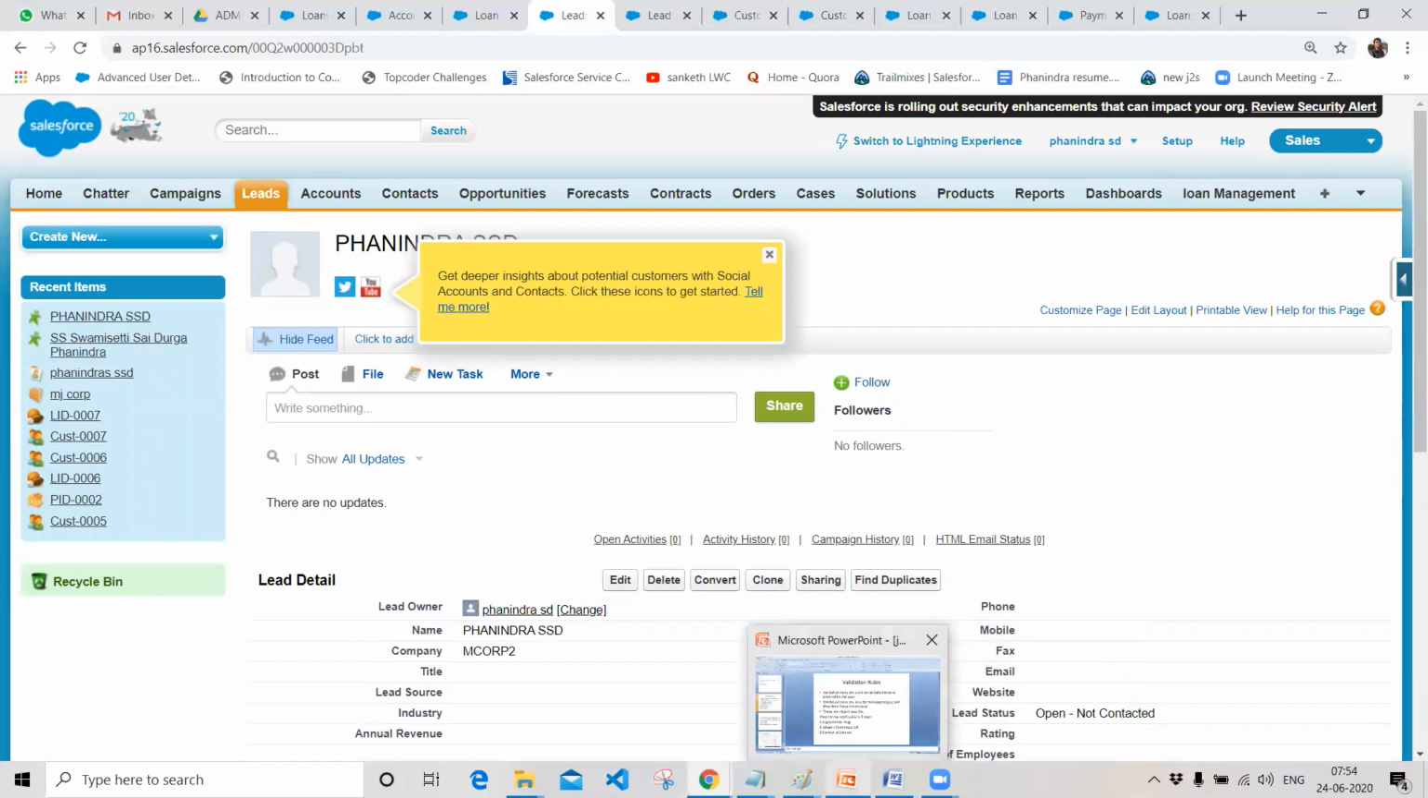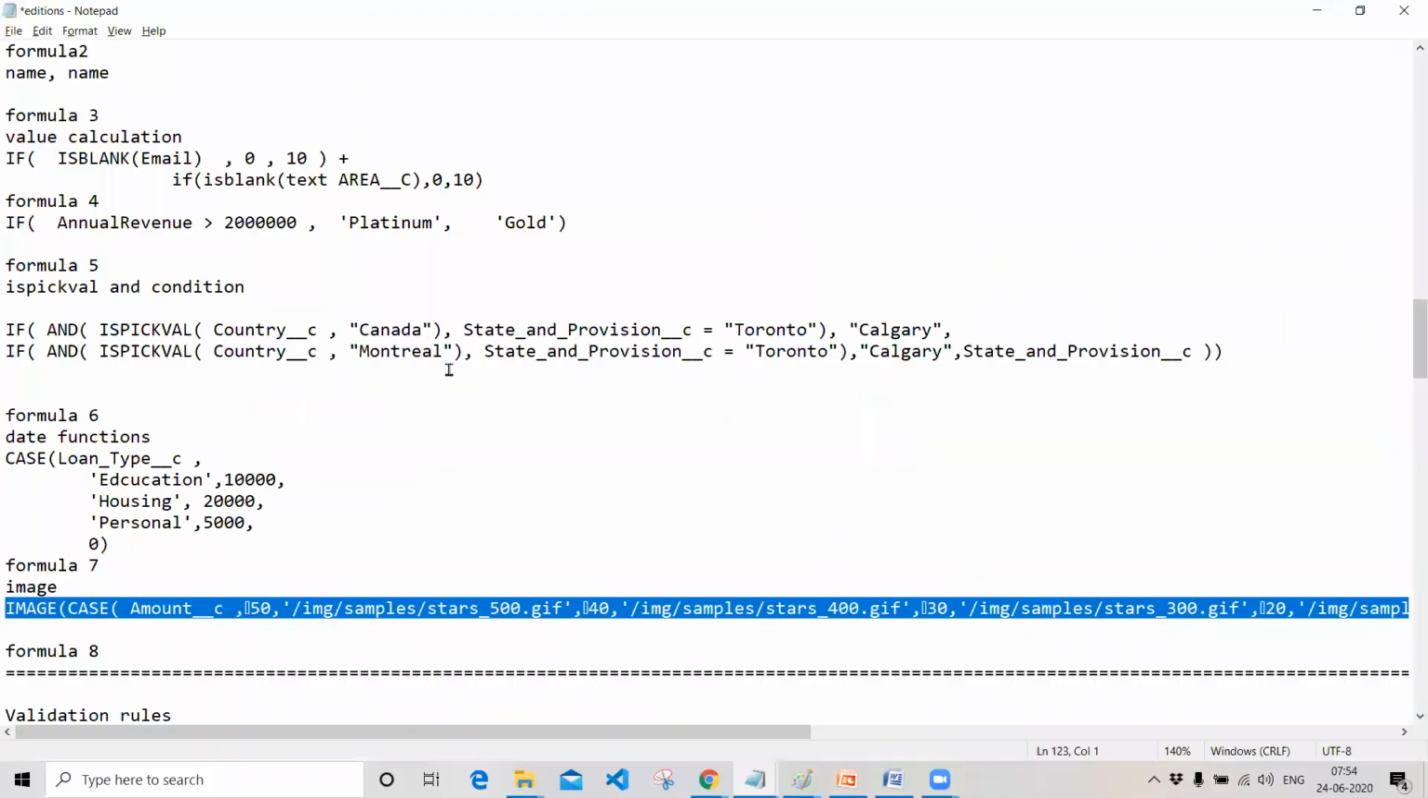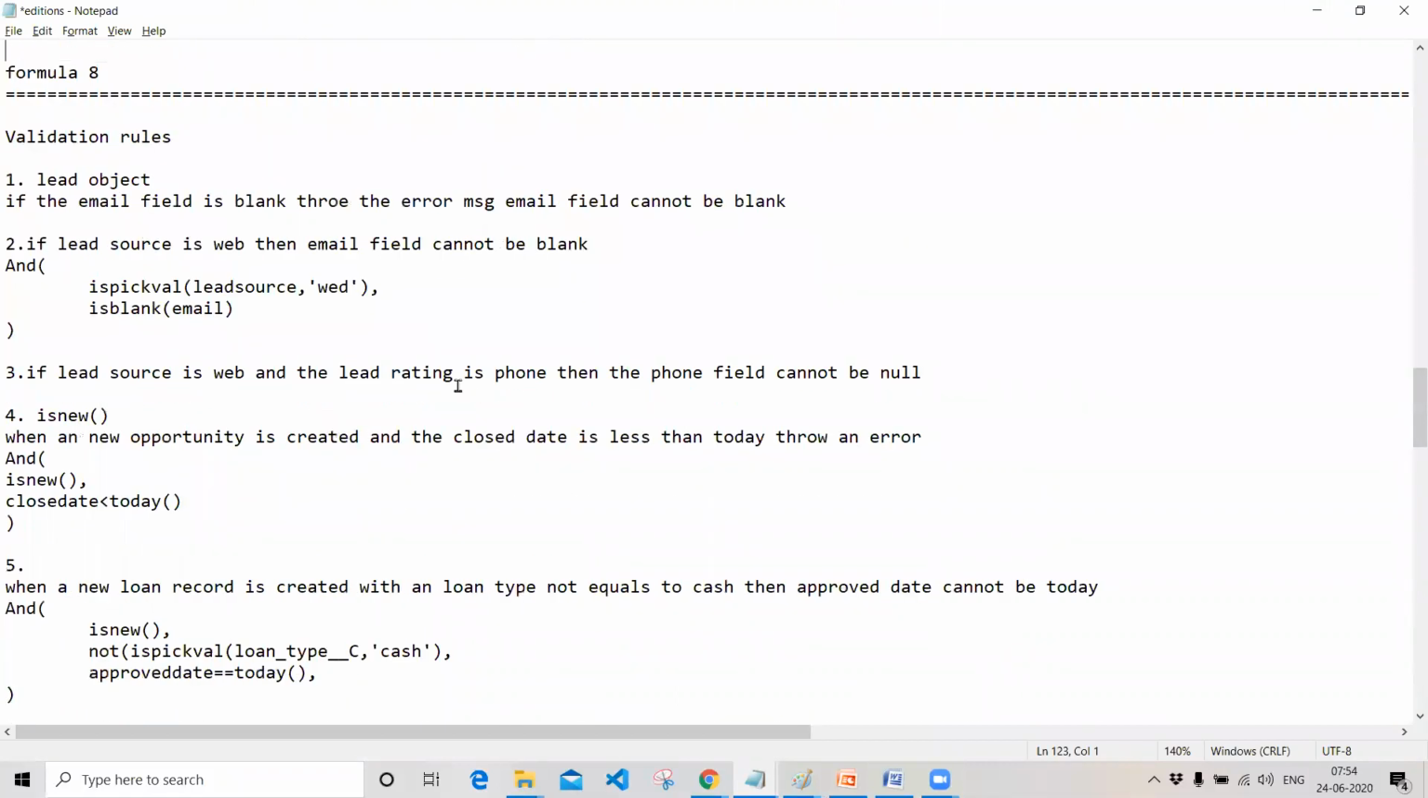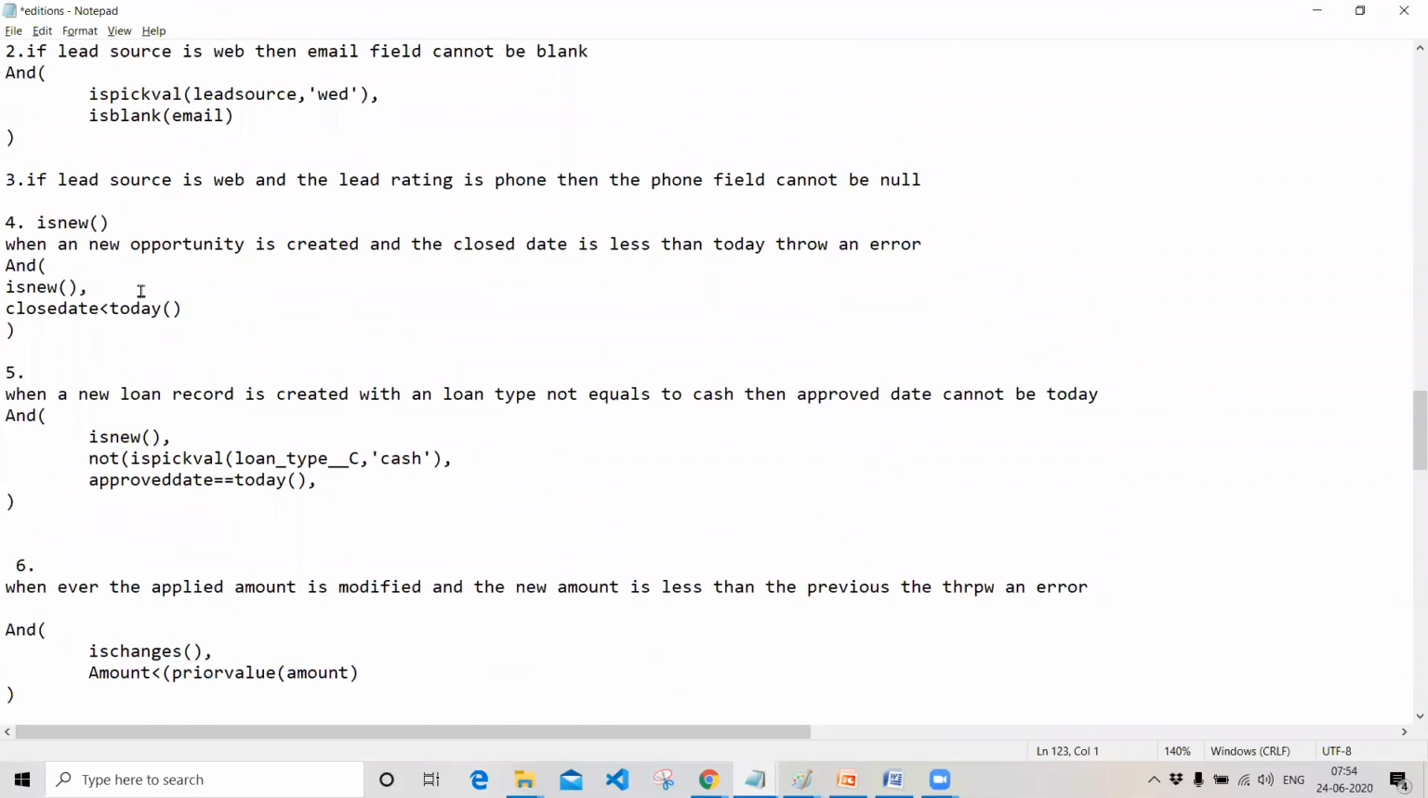Let me explain some scenarios so that you can work with it. Suppose I have a scenario where, whenever I'm creating a new record, only then do I want to check this validation rule. Whenever I'm creating a new record, I want to fire a validation rule with a specific condition. Or when an existing record's value has been changed, then I want to check this validation rule. For doing this, we have validation rule functions called